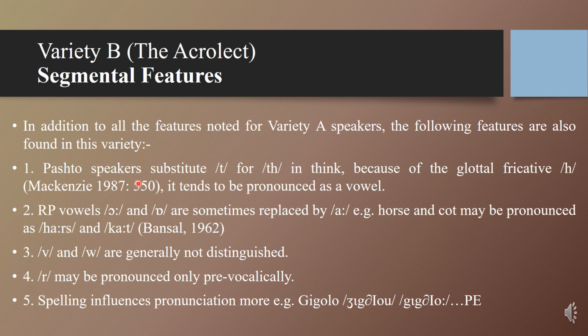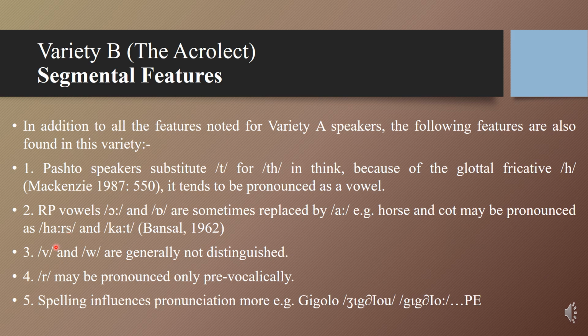Pashto speakers substitute ta for tha in think, means they substitute ta. The glottal fricative ha tends to be pronounced as a vowel, means they pronounce the ha sound as a vowel sound. RP vowels are sometimes replaced by a. Horse and cot may be pronounced as horse and cat. Cot. You can see the pronunciation,